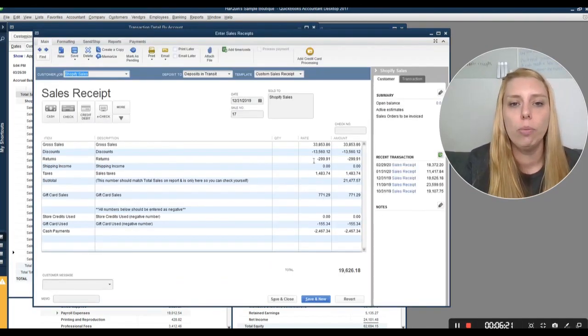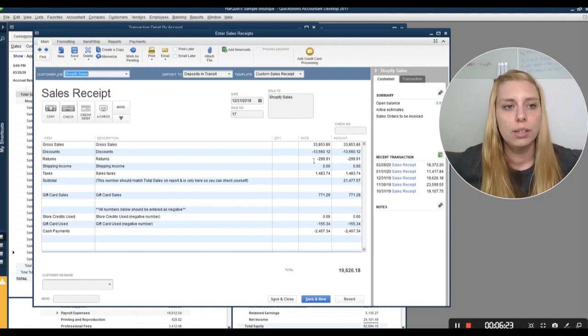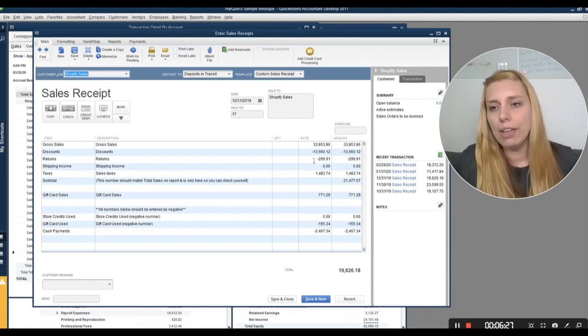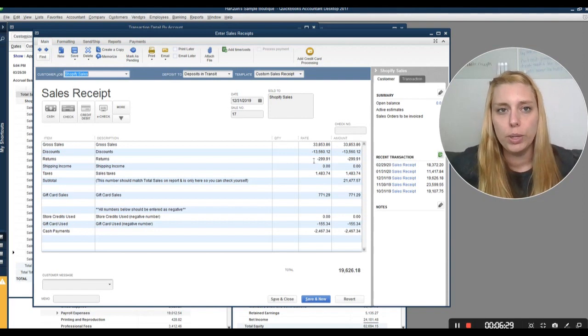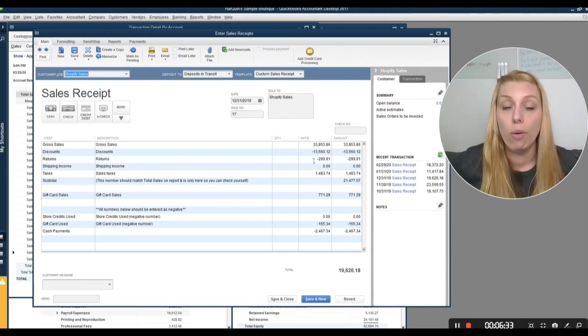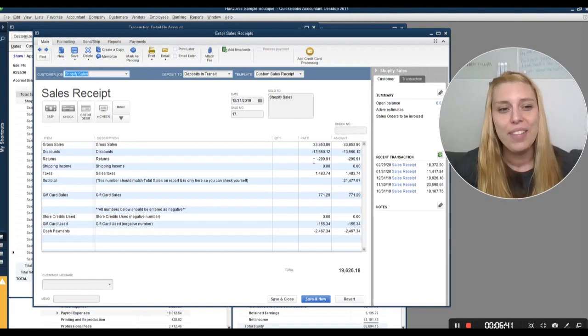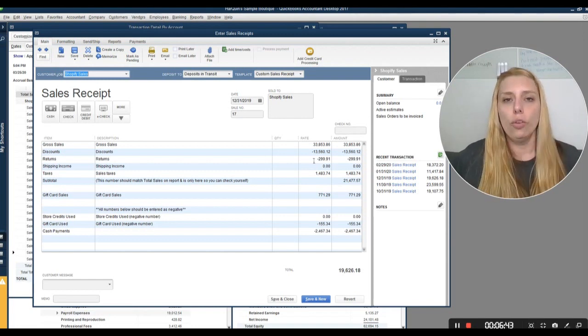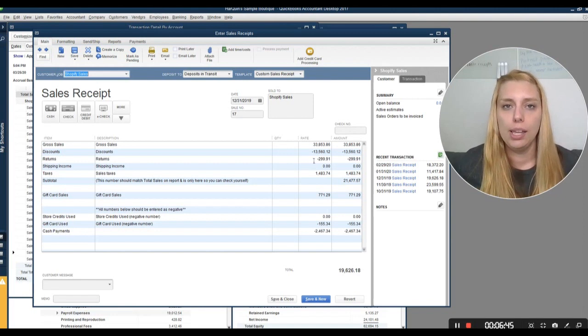All right, at the top we see gross sales for the month. By the way, side note, we use monthly entries. We do not believe in connecting your Shopify or any sales platform to your QuickBooks or QuickBooks Online. I've been a QuickBooks Advanced Pro Advisor for around 10 years. And the reason you don't want to do that is because, well, it can double count sales, but it can